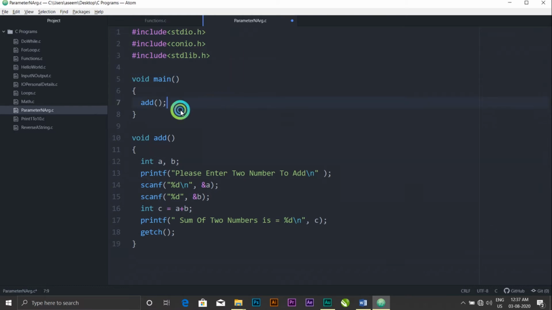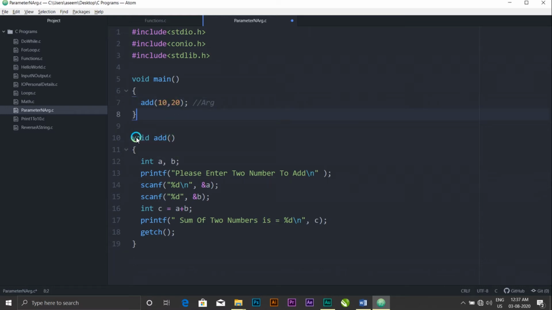Here we have a function call and inside the brackets I will put two numbers, 10 and 20. And these values 10 and 20 become the arguments of this function. Are we clear here? Good. If you still have any confusion, please comment and let me know.